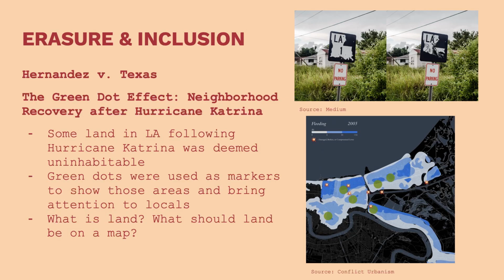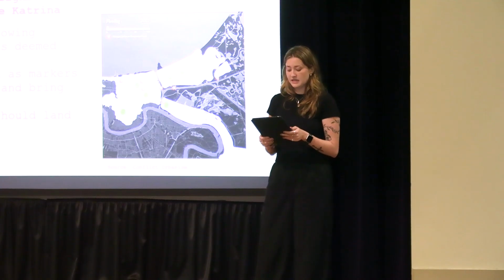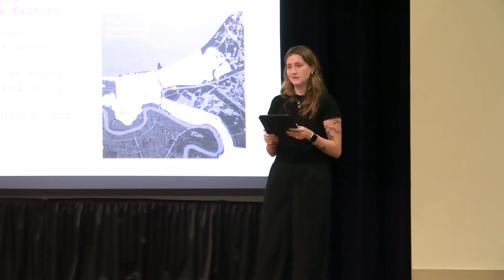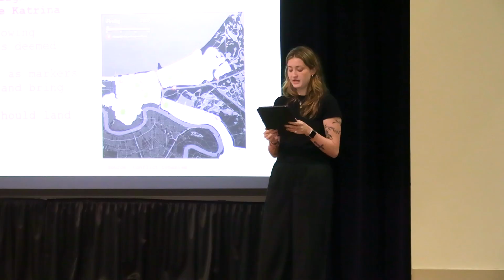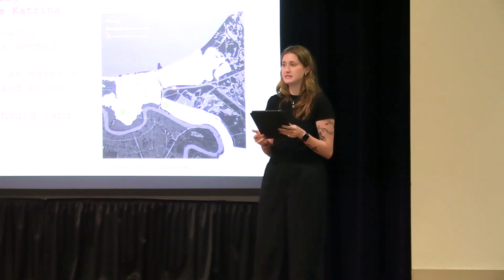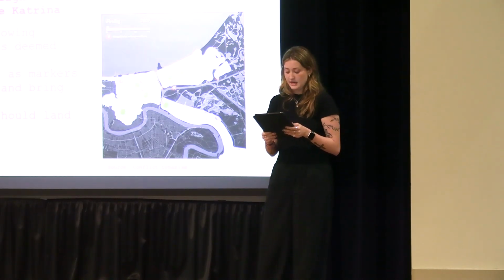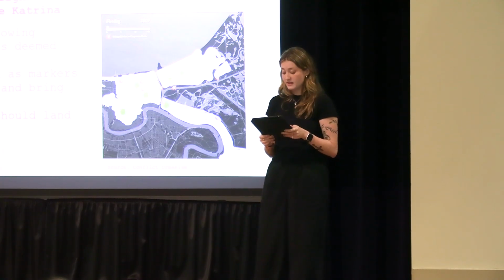After Hurricane Katrina, some areas of Louisiana were so damaged that they were labeled as uninhabitable. It raised, in the same way, a really interesting question. If a land can't be lived on, is it still land? Should it still be represented the same way on a map? Thus, the green dot was born. On Louisiana maps, these areas were sometimes marked with green dots. It was meant to keep in the minds of the people who lived there that their state wasn't the same as it used to be. And it was meant to ask them what they thought should happen next.